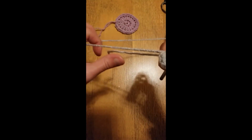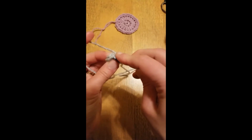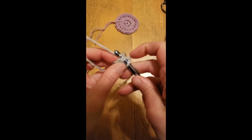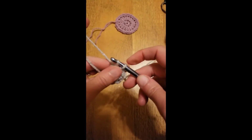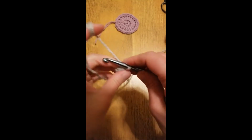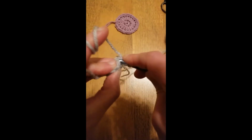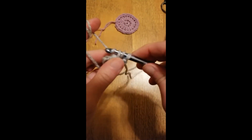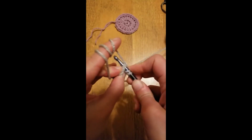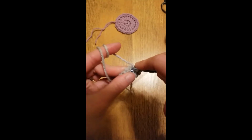Let my focus catch up. Make sure I'm working with the working yarn and not my tail. Find that first stitch. Slip it through there and slip it through there. Round 1. Okay, so we chain 1, chain 2, and squish back into this base. Double up, double crochet. I shouldn't start just making words up. And then it's 1, 2,